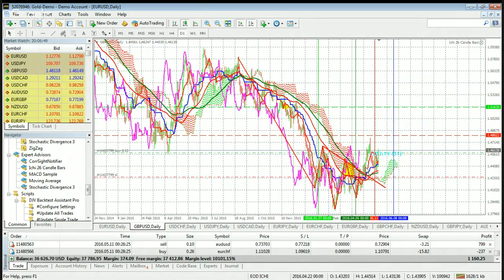Neckline, broke the neckline, and I just waited for the Chikou to clear price as well. That's why I waited so long to get in there, because the Chikou was still in price. It was basically inside the pullback from the head. Once it cleared that, that's when I entered it. Some of you might have gotten in earlier purely for the break of the head and shoulders. So if we're looking at distance-wise at which this could travel,